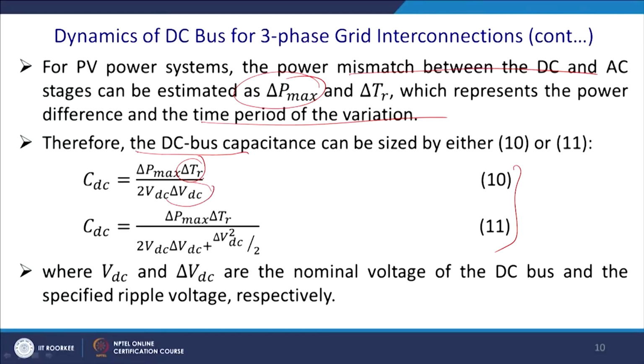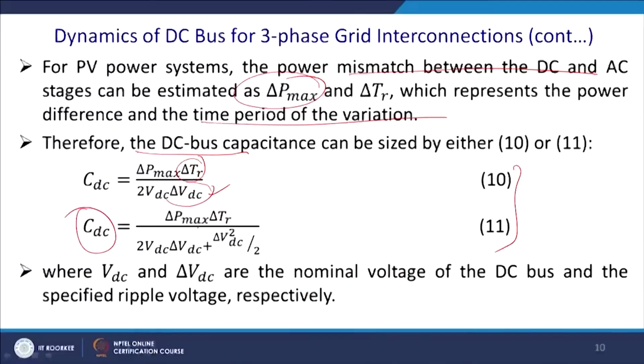So, lesser the capacitor value, higher will be the ripple, or you can predefine that ripple is 2%, 5%, accordingly you calculate the value of the capacitor. So, CDC equal to P max into del TR by 2 VDC into del VDC plus del V square by 2,